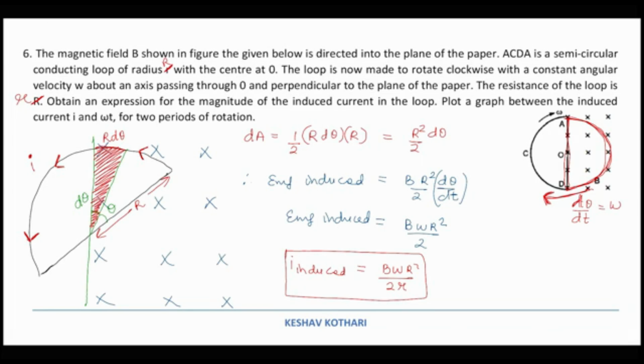The current will be induced in the clockwise sense. And if the current is induced in the clockwise sense, we consider it as negative. So if I draw a graph between the induced current and the value of omega t, we can say it in this way, that if we mark the notable points, the graph is going to be in this way, that when it is rotating by value pi,